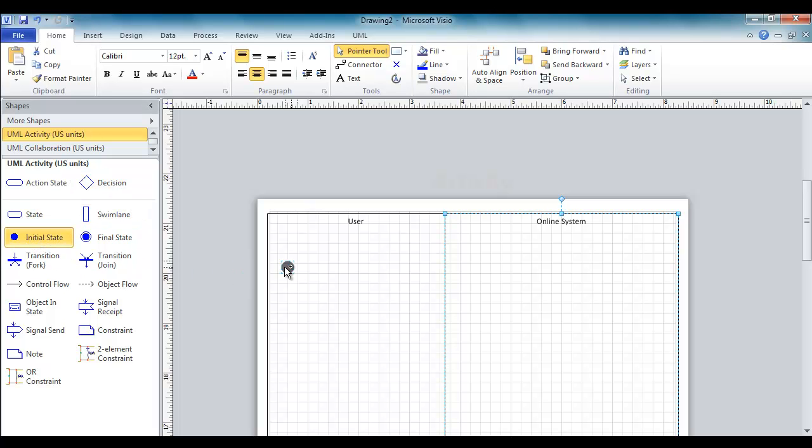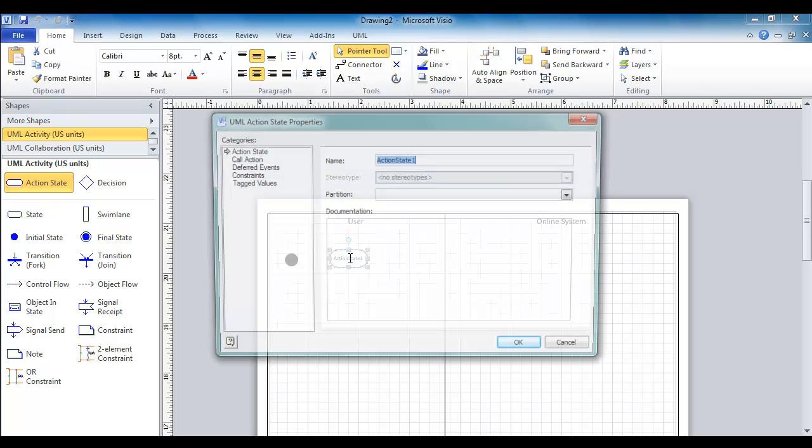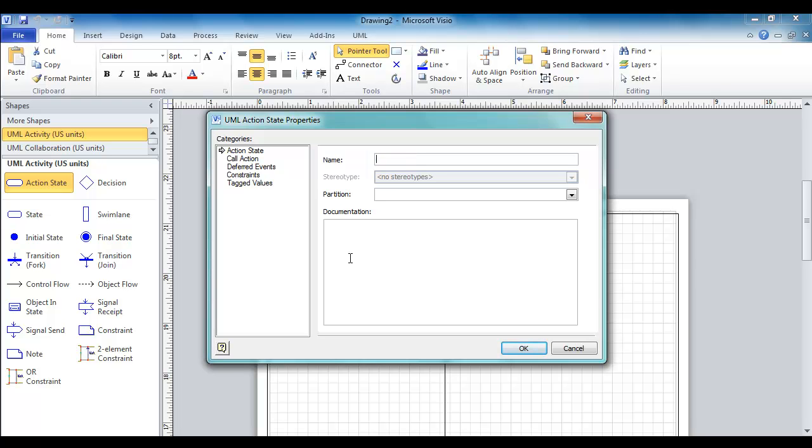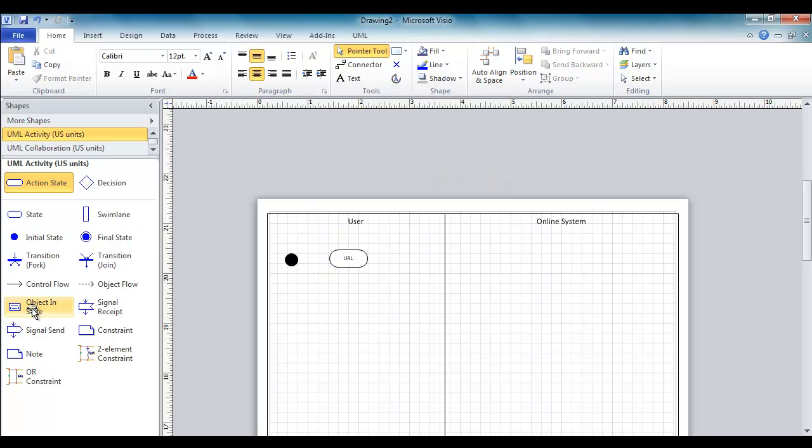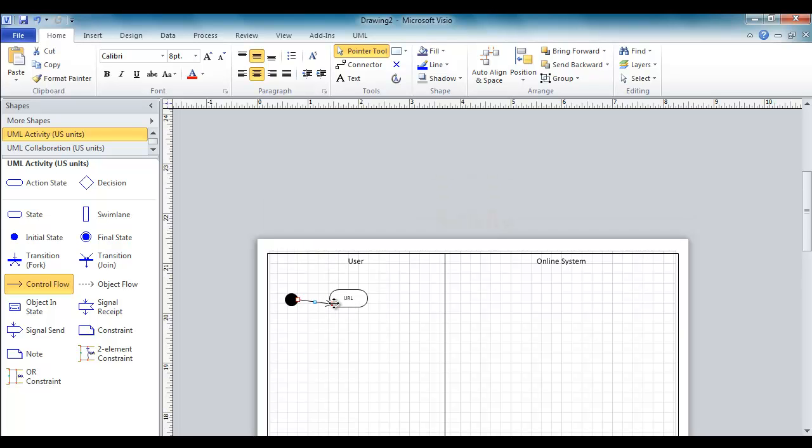now we need to bring in the initial state, and then we also need to bring the action state here. In the action state, we need to put the URL. The user will be interacting with the URL or the browser, and then let me bring the control flow here. As you can see, this is being done. Now that we have a URL,